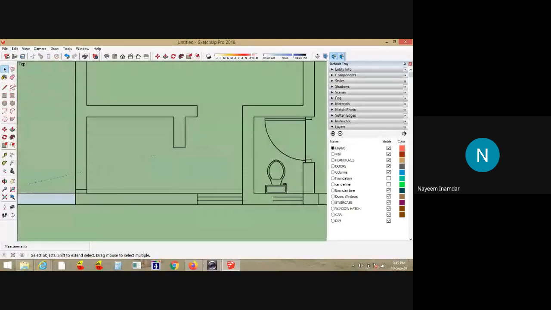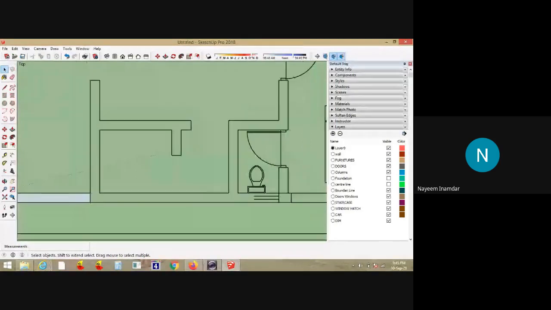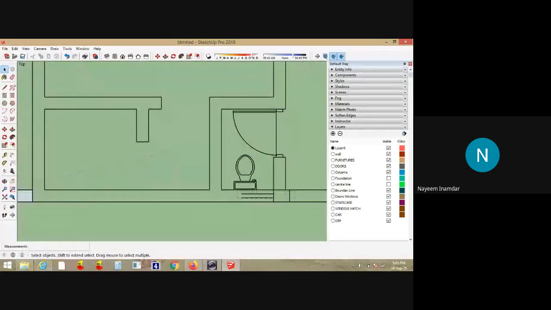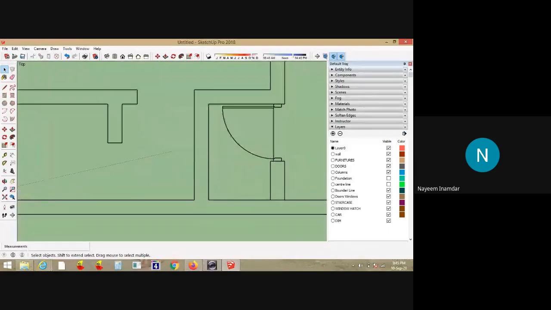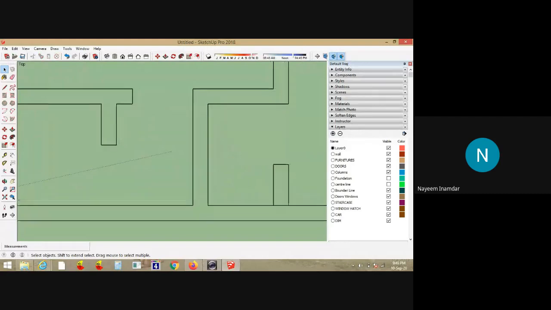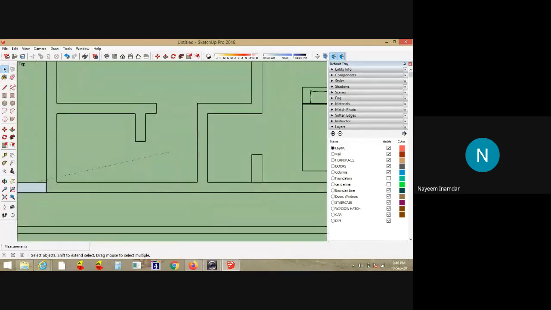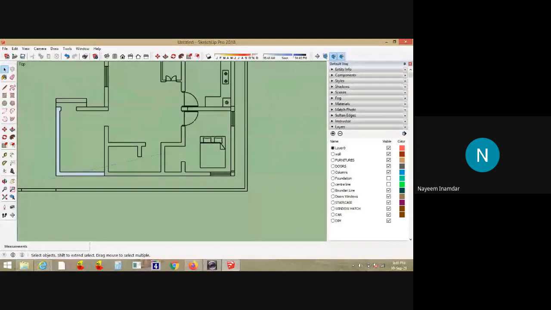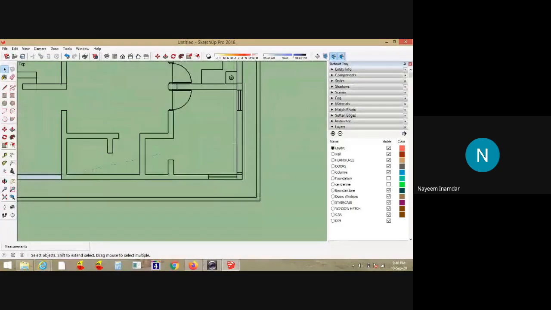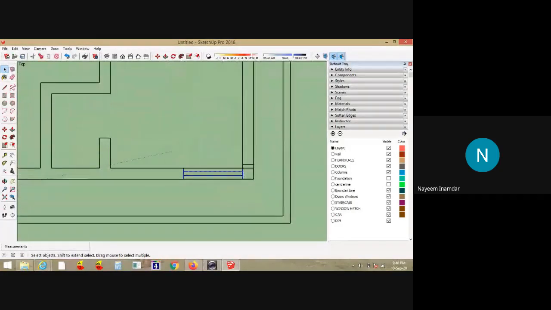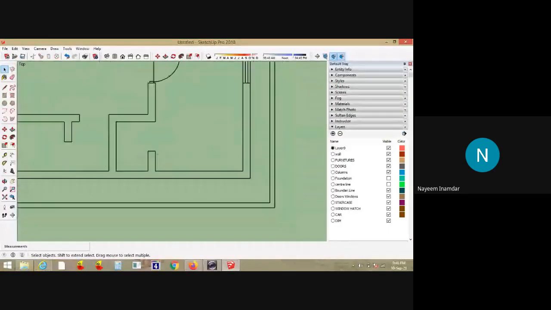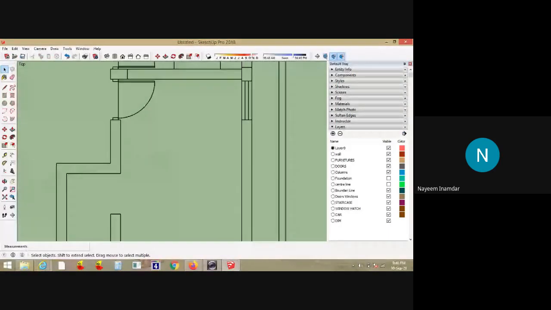So directly you can import the AutoCAD file like this. Make sure you know the positioning as well as the size of the windows, so that after extruding the wall faces up to the ceiling, you can again redraw them at the correct locations. So this is how I'll make a 3D of the building, directly importing AutoCAD plans to SketchUp.